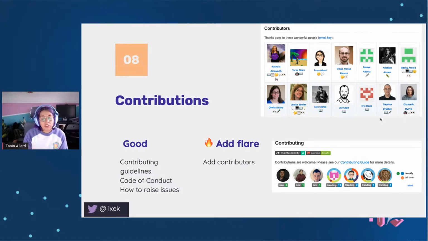Add a code of conduct and make it visible in your README. This helps folks to feel safe, and it's a very good indication that you care about your community, and that the code of conduct reporting and enforcement is an important thing to you and the rest of the project maintainers. And again, how to raise issues. If you want to add flair again,